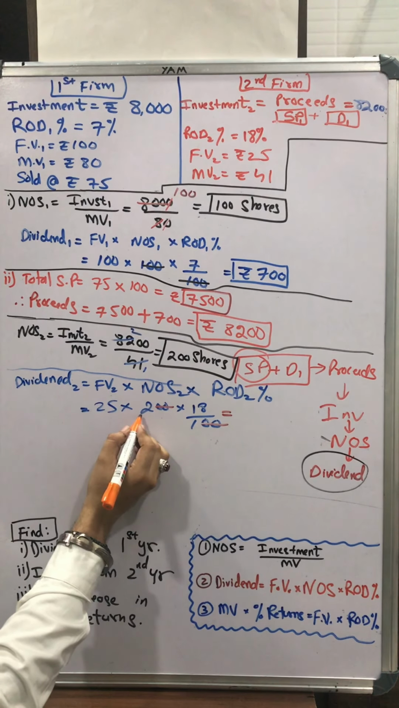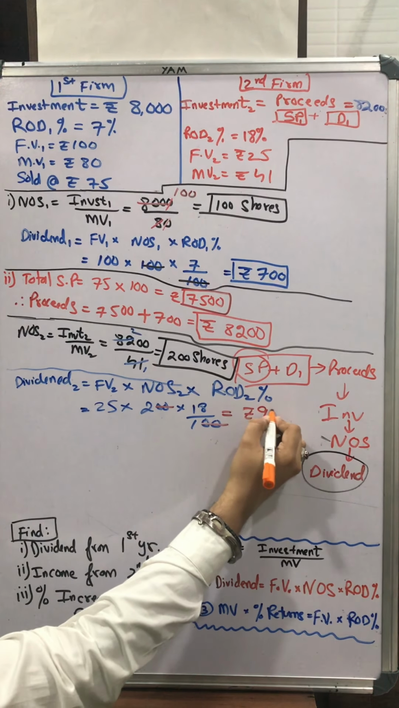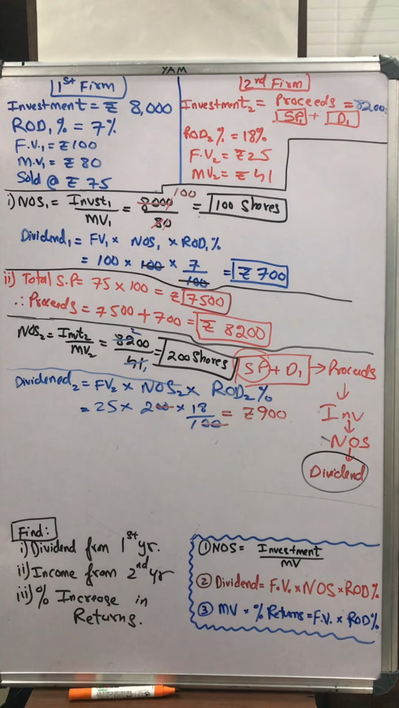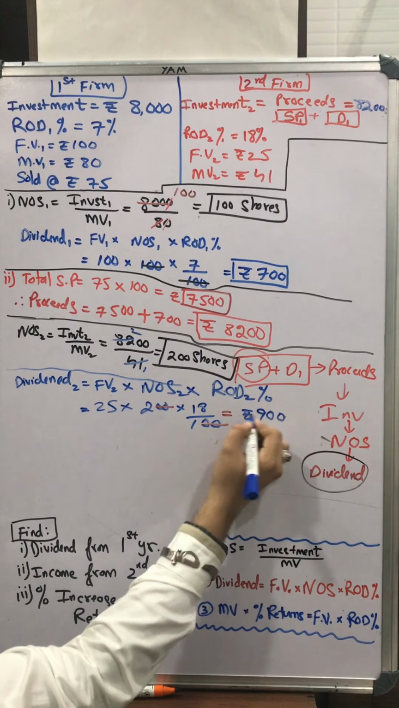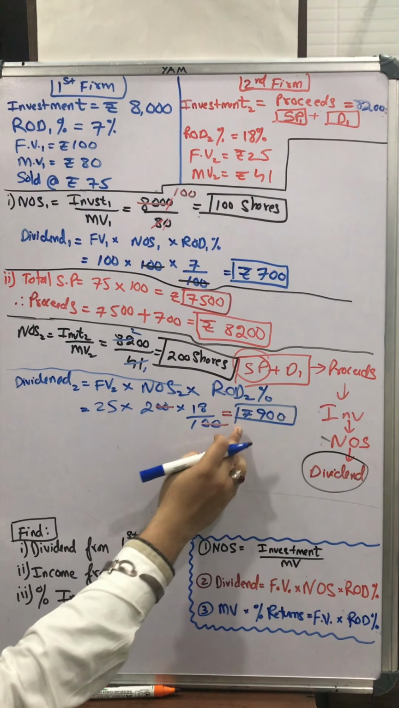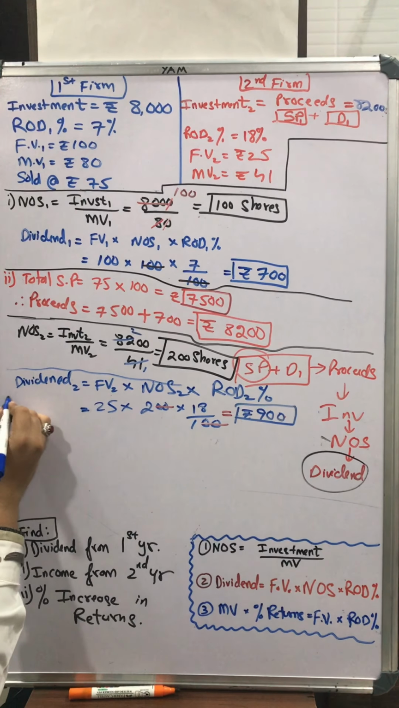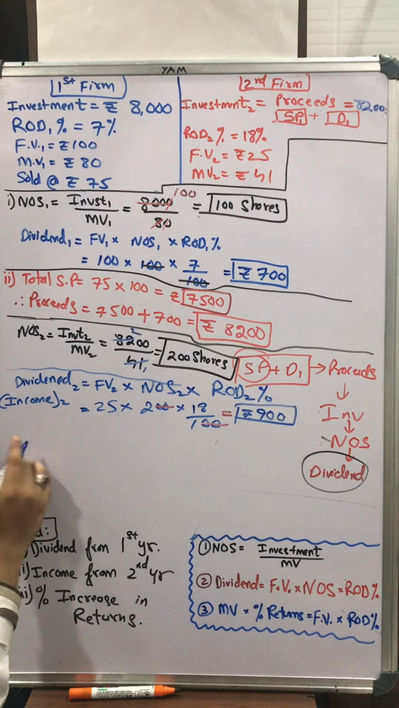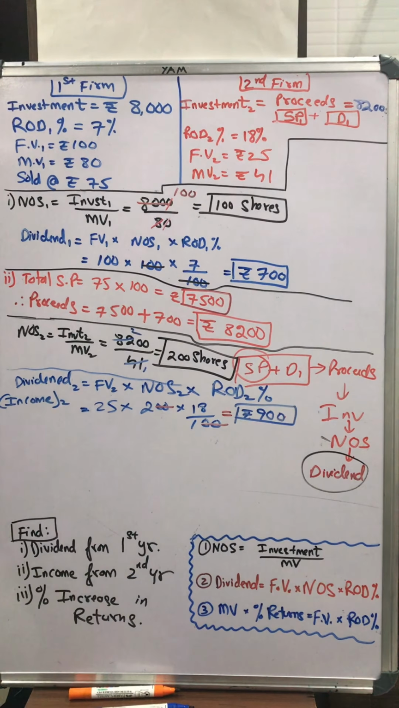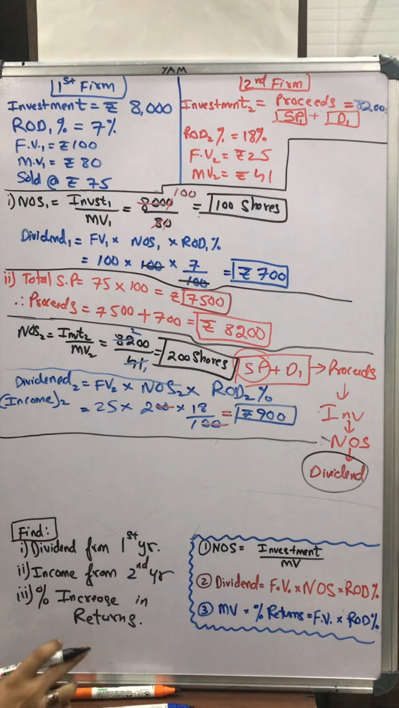25 twos are 50, and when you multiply 50 with 18, you will get rupees 900. Okay, so this rupees 900 is nothing but the dividend or income. I'll write here income in the bracket, because in the question it is mentioned as income of the second year from the second firm. So this is my dividend or income from the second firm. Now the third and the last thing which we need to find is,